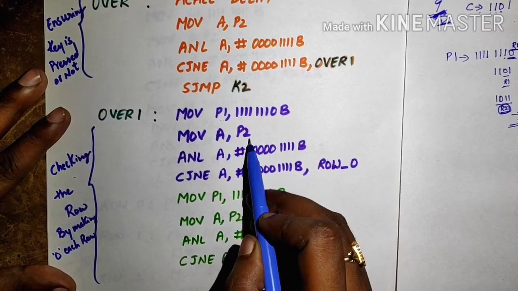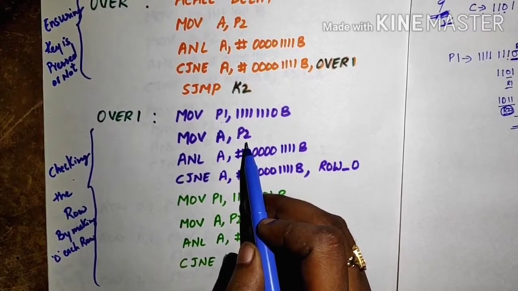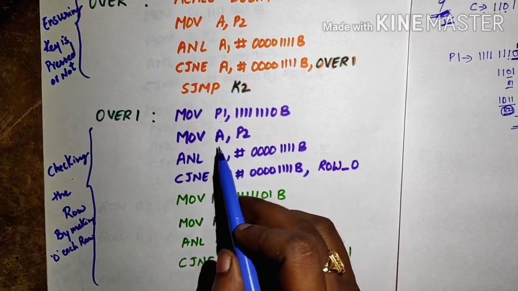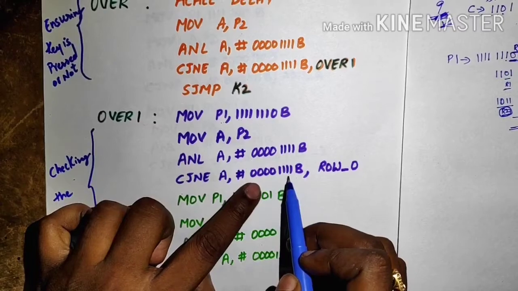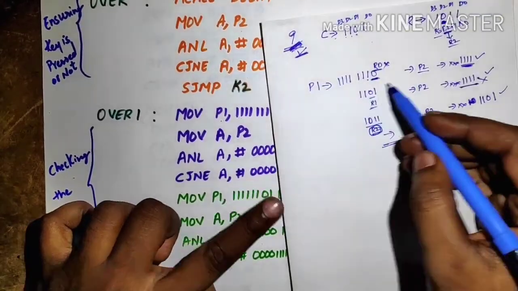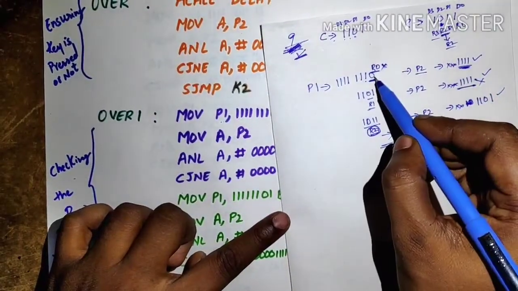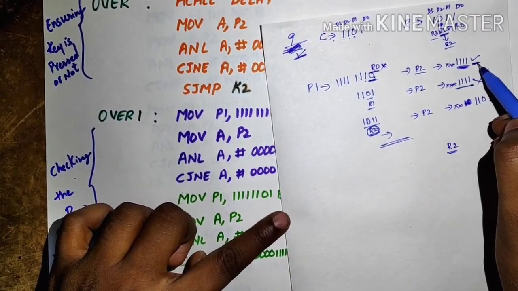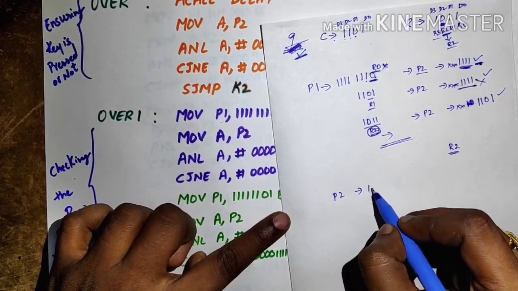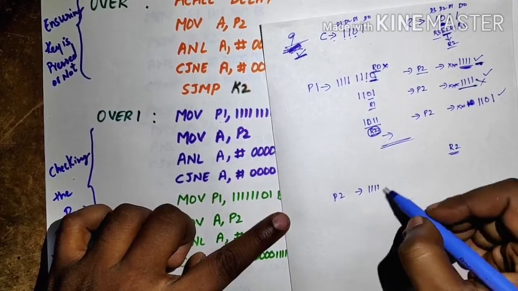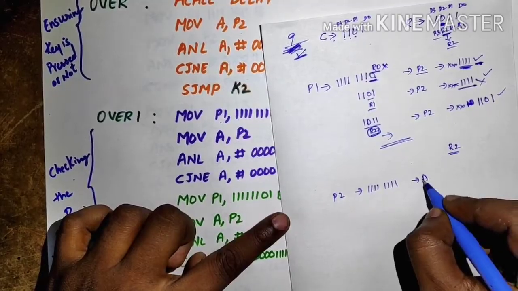So after that we are reading the values of P2, that means port 2, and moving the values to the accumulator. The same process: we mask them and verify. As we saw earlier, this particular key doesn't belong to row 0, so there will be no change in columns. P2 will be some value like 1 1 1 1 1 1 1 1. So this will be moved to the accumulator.